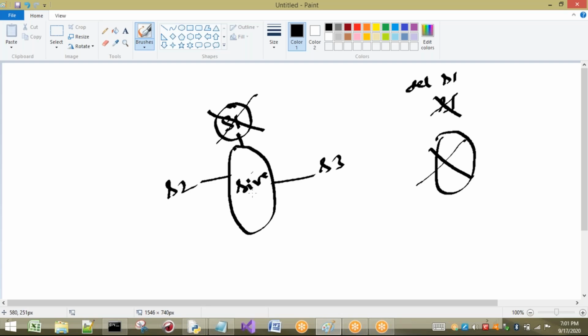But this object is pointed to by three different references. If I delete s1, it should not affect the other references. So s1 only will be removed and s2 and s3 will be present.